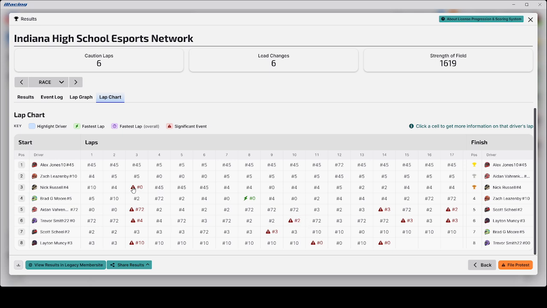This tells you there was some sort of incident there. You can click on it, and looks like there was contact. I'm not sure with who, but I'm going to go out on a limb and say it could have been one of these three other guys. And yeah,